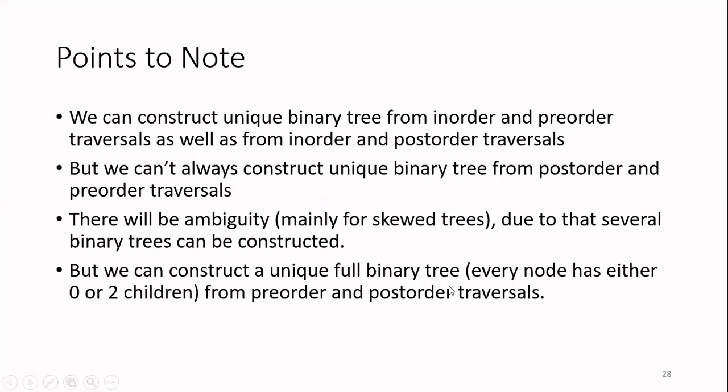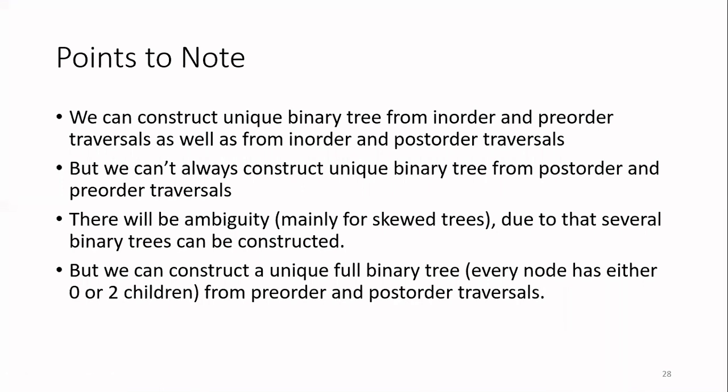Now, out of the three methods, there is a point to note down. Actually, this is the outcome of a research paper. The point is, you can construct a unique binary tree from either the in-order and pre-order traversal combination or otherwise from in-order and post-order traversal combination. So whatever tree you construct, that will be a unique binary tree. Unique means no other person can construct other than that. That is the only answer possible. Whereas you cannot always construct. That means sometimes you can construct, but it will not be always.